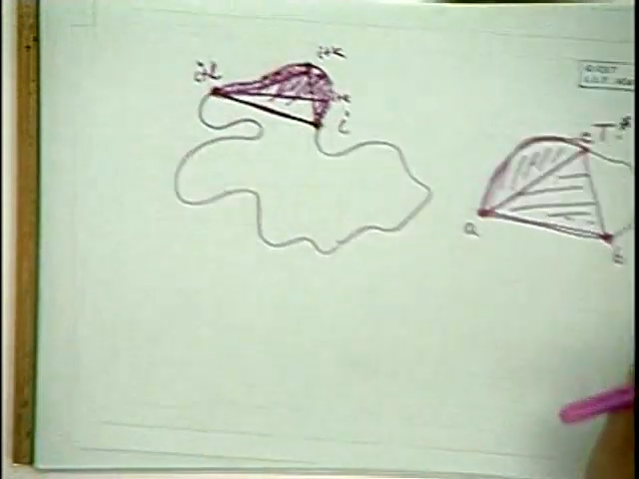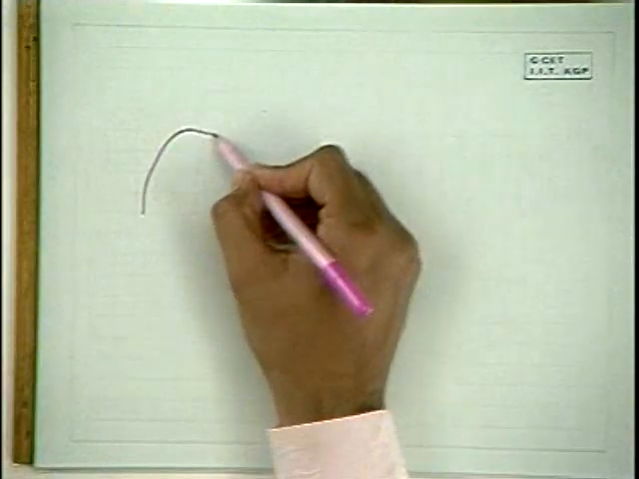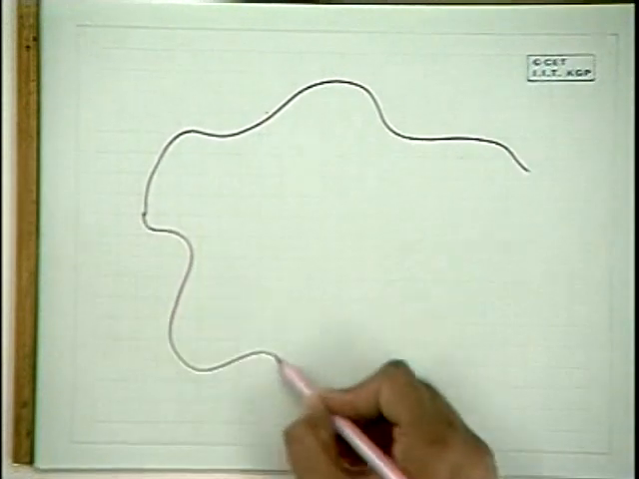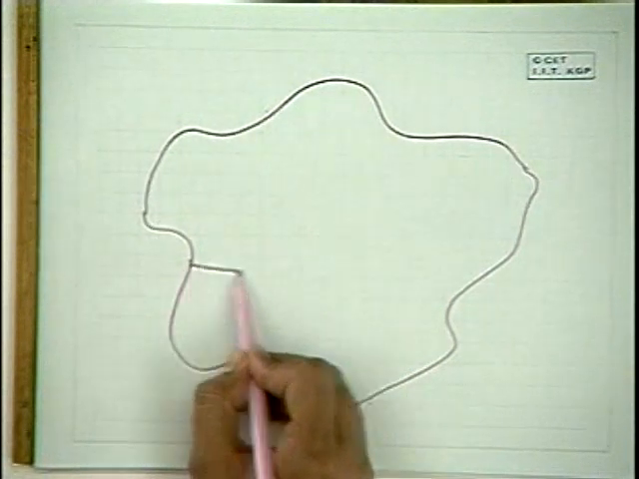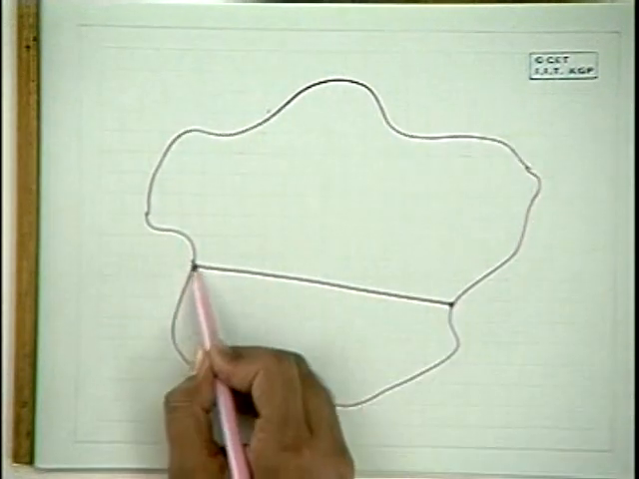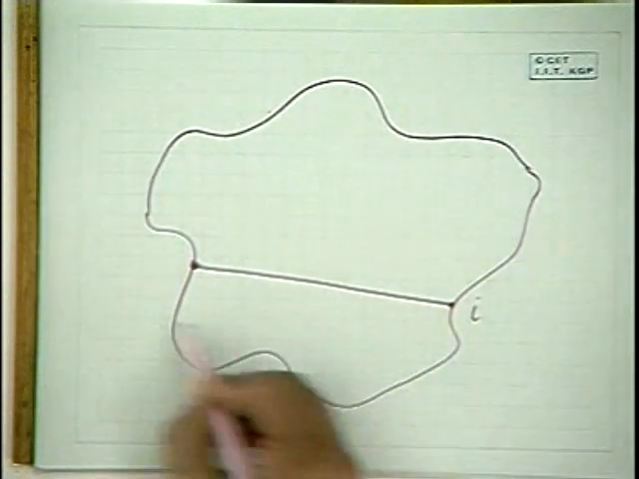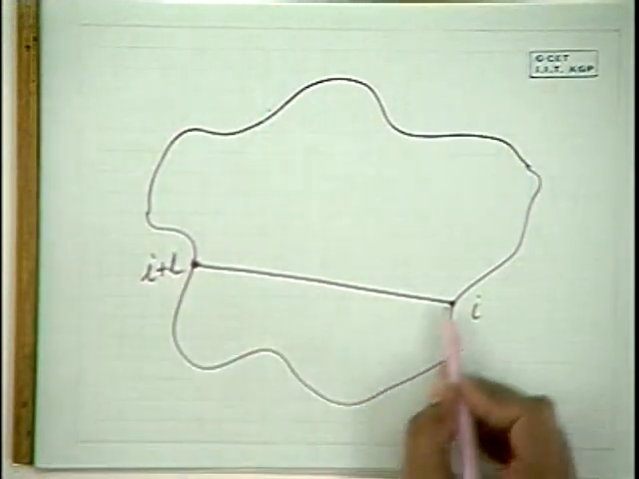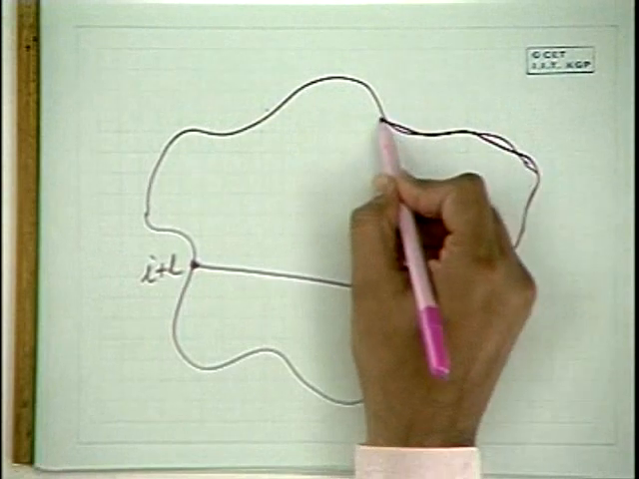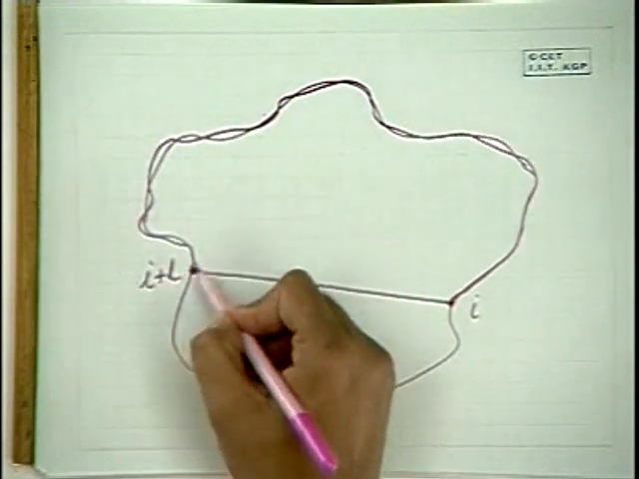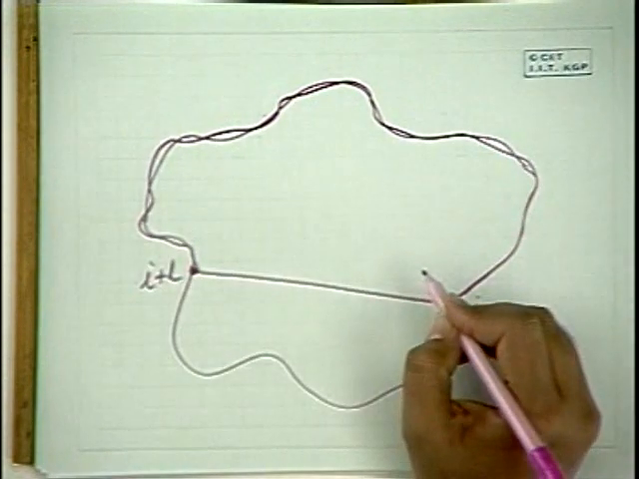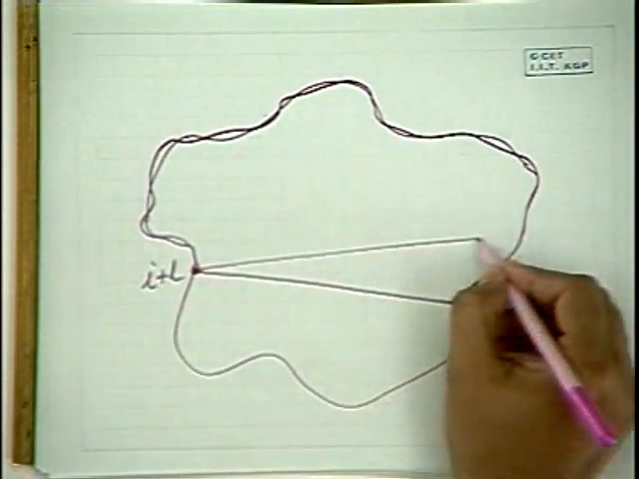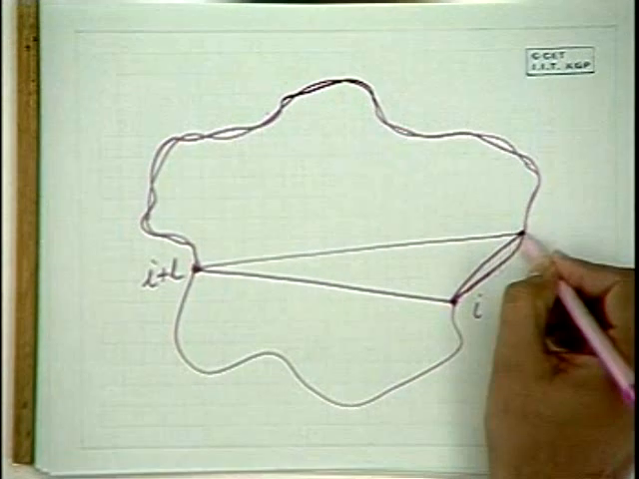So let me just repeat once more using another picture. Here I am drawing a bigger polygon so that I can make a mesh over a larger portion of the paper. So here is I and I plus L. I am interested in finding the optimal triangulation of this part. Now I take first, say, this as k, so I take this, say, I plus k,